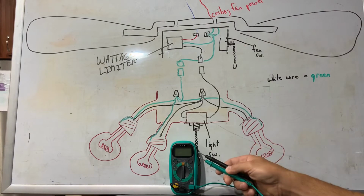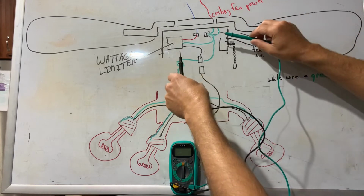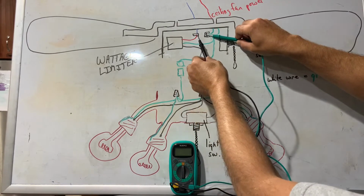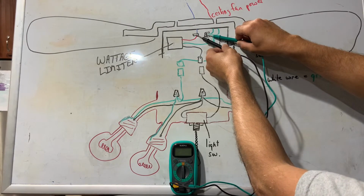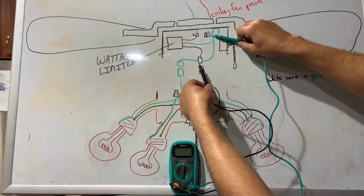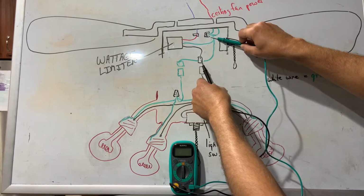Now we want to put our multimeter on volts AC again, and we're basically going to check and see if this wattage limiter has gone bad. So we need to put the one lead in our common, and we need to find places of contact, whether you have a wire nut here. Once again, just like with the basic ceiling fan, we most likely are going to have 115 volts coming out of this wire here. And then we need to find a place on the other side of the wattage limiter to check it. You might have to poke the wire. If this is a wire nut, you can stick it up in here. And we need to see whether the voltage dropped